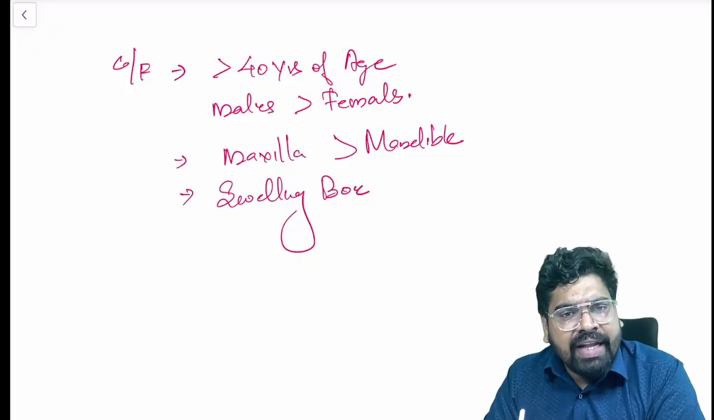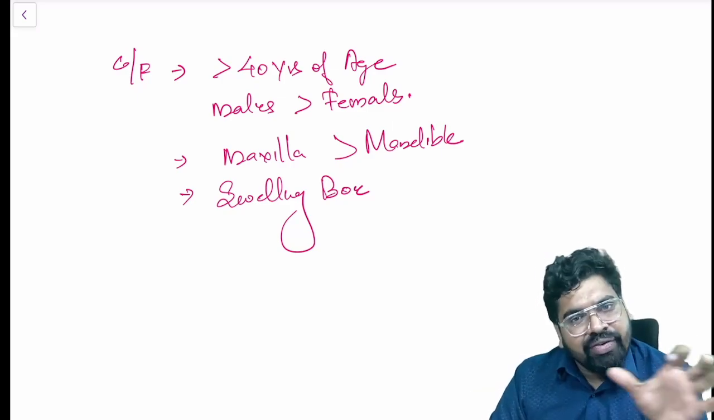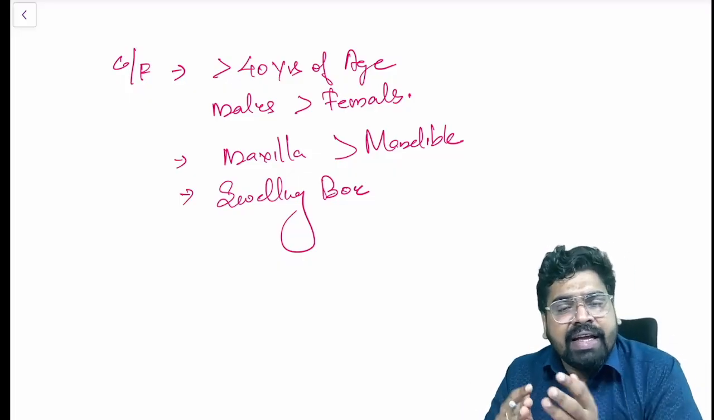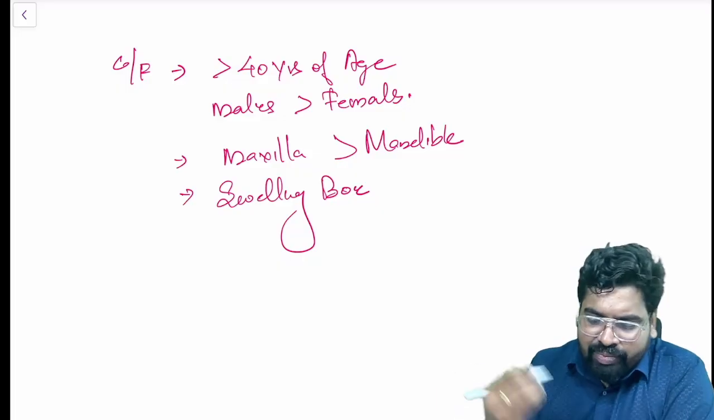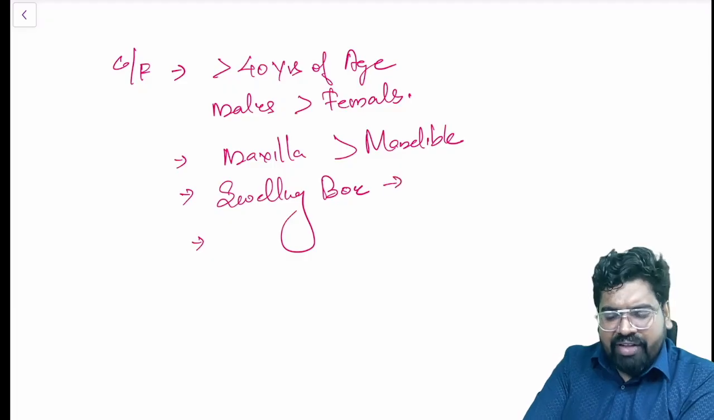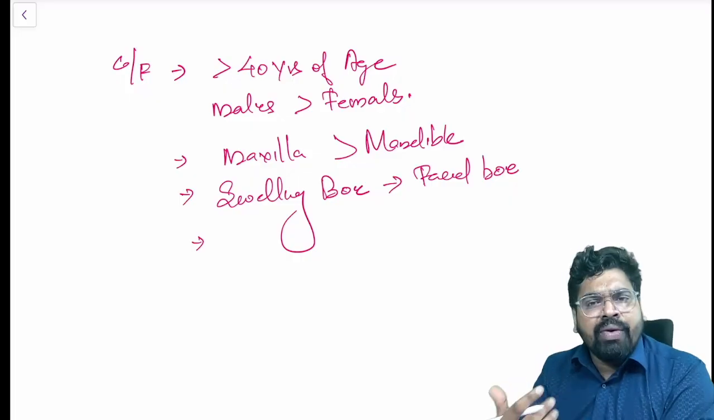My denture is not fitting. That is the major complaint in this patient. In the question also they will give you such a thing: a 40-year-old male patient coming with an ill-fitting denture. You can see swellings in the facial bones. Even in the facial bone, you can see the swelling, and that swollen facial bone is called a